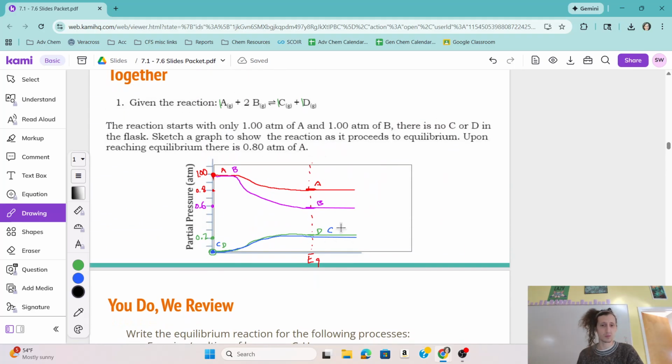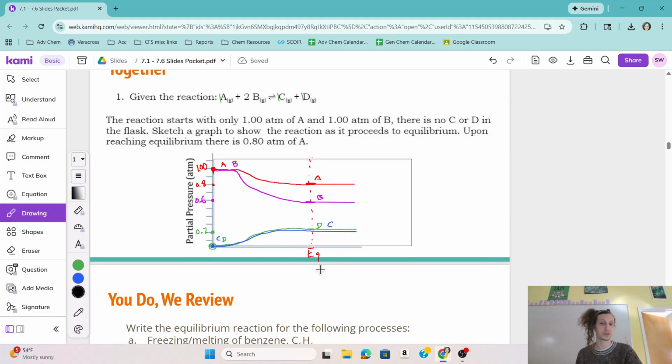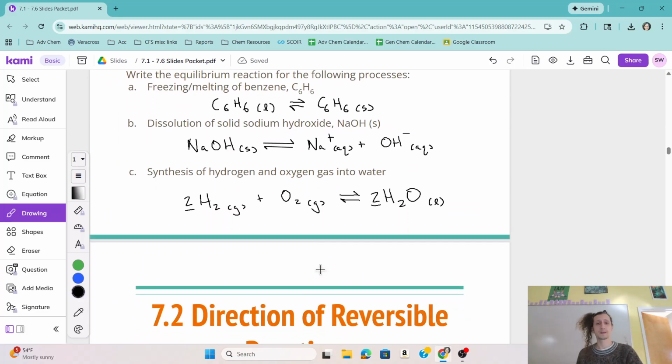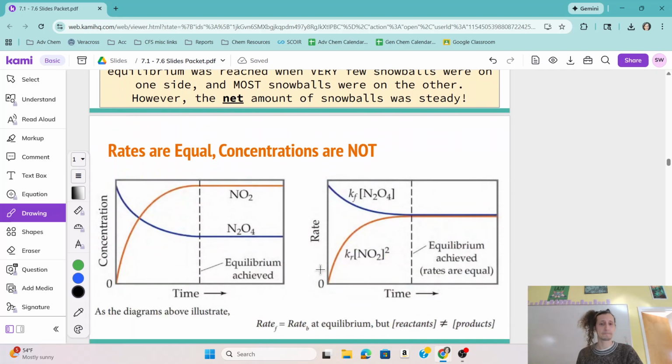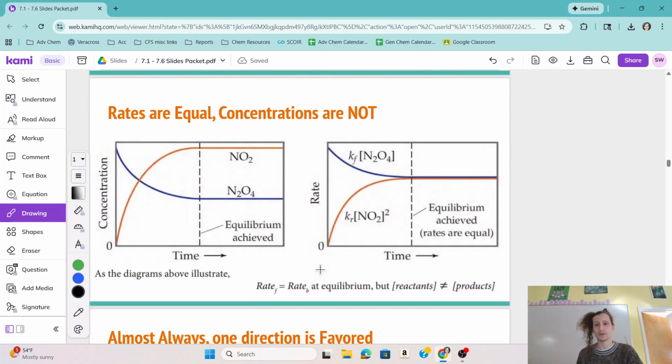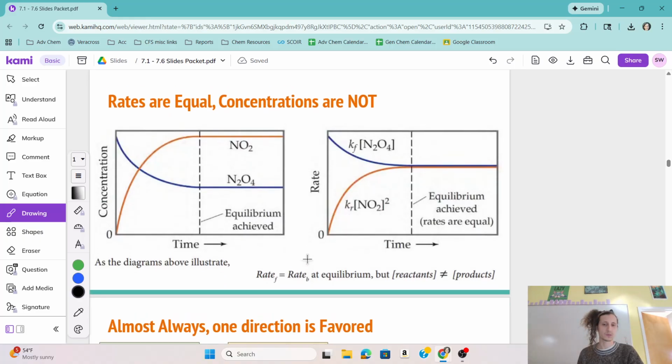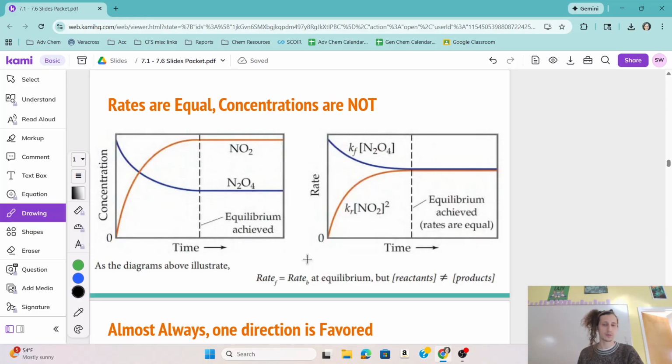Equilibrium is reached, the rates aren't changing anymore when we get to this point, but they ended up at totally different pressure values from one another. And that's okay. That's part of it. This is another way of expressing that. Yeah, we see K subscript R here, R instead of B, reverse instead of backwards, but